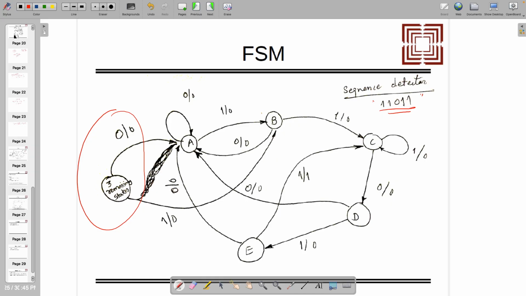right? And so this was the solution for the surprise quiz which we gave you last time. Every state will not go back to A. You have to think about it: sometimes it will go to C, sometimes it will go to B. So just to reduce the computation power and computation time, you need to make sure that the minimum number of states are being traveled, right? So that is the thing.